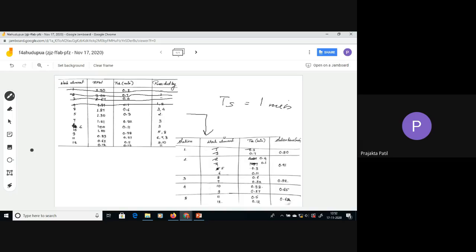Right? So next, can I put 8? No, it will exceed the TK value. Yes, it satisfies the precedence, but 0.6 will exceed the sum of TK values. Let's see, 5 is 0.3. Okay, 5 I can put. Precedence, yes, 2 is taken care of.